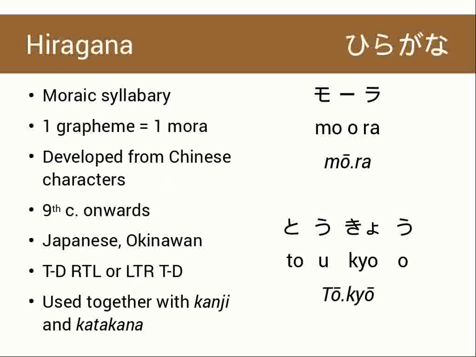And that's the Japanese thing. It's a moraic syllabary, because moraic writing systems are classed as a subset of syllabaries. One grapheme corresponds to a mora. It's from simplified forms of Chinese characters that were related phonetically a long time ago when the system was developed. Used at least from the 9th century onwards. That's when it was popularized for the first time. Used for Japanese and Okinawan,